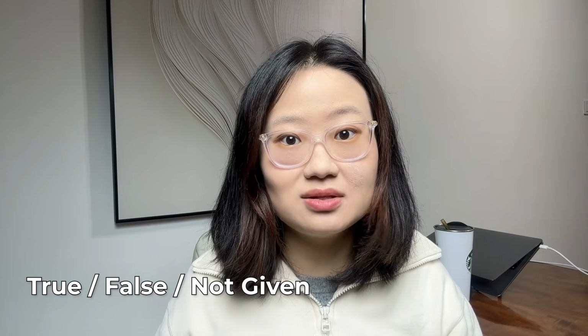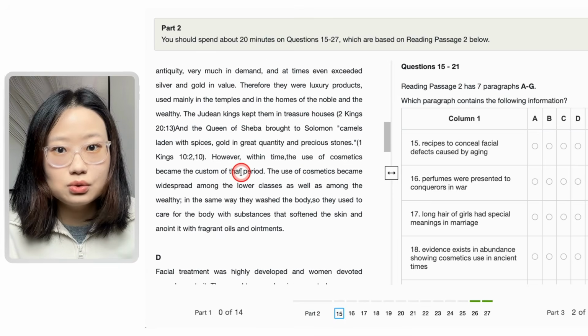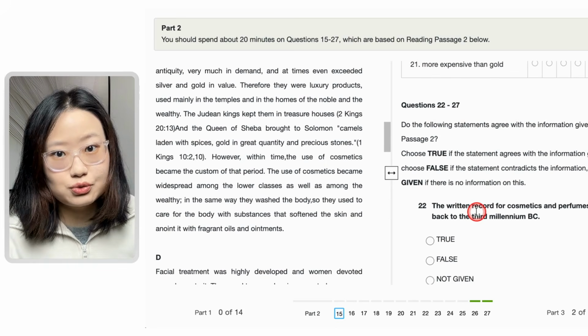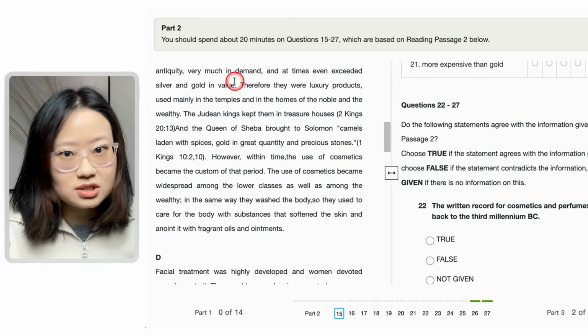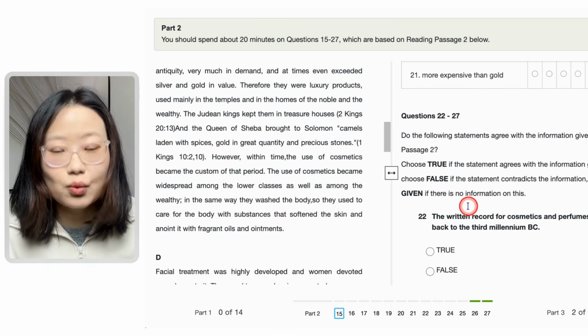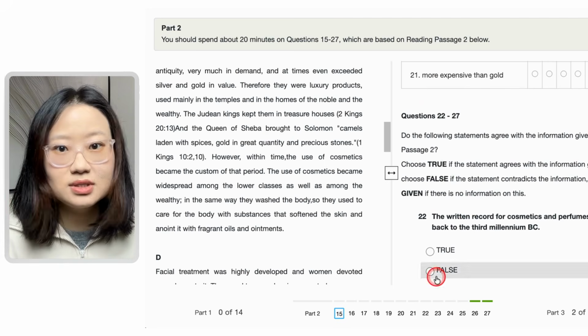Today, we will be focusing on true-false not given questions in the reading test. Although we will only be doing true-false not given questions in this video, in reality, you really shouldn't do each type of question one by one. I mean, don't read the paragraphs and only do the first type of question, because when you do the second type of question, you will have to read all these paragraphs all over again. In order to avoid reading a paragraph multiple times, we really should do all types of questions at the same